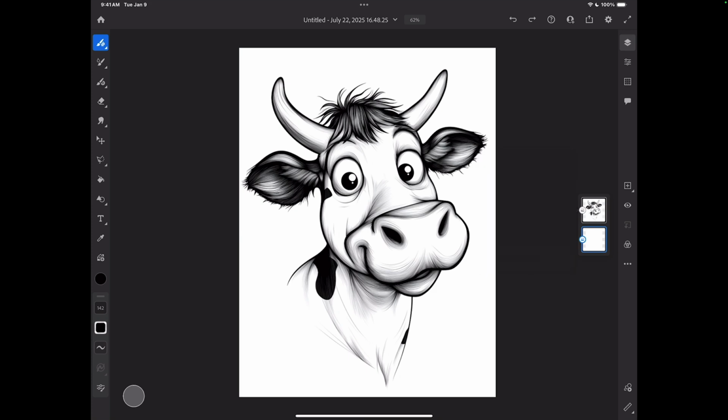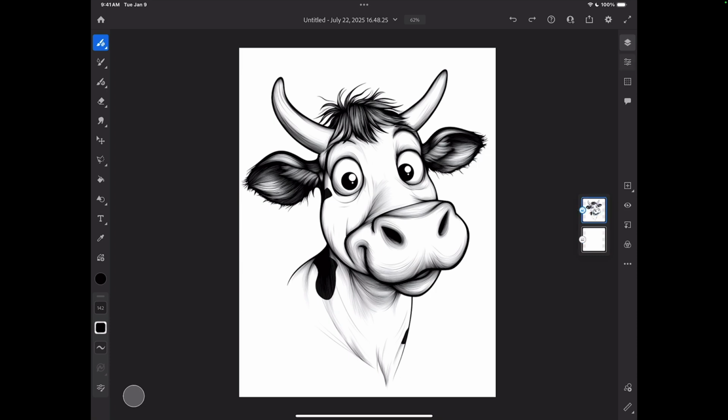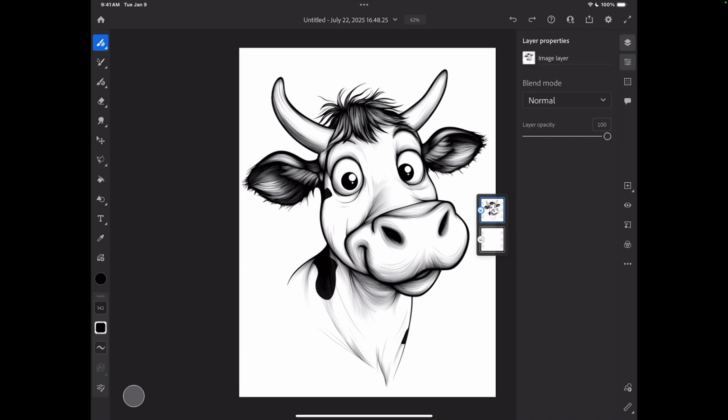So the question is, how can I color my coloring page without messing up all those black outlines if I have a white background? I will show you how just in a second. What I will do, guys, I will select my coloring page layer. I will open my layer properties panel and I will change the blend mode from normal to multiply, just like that. Next step will be